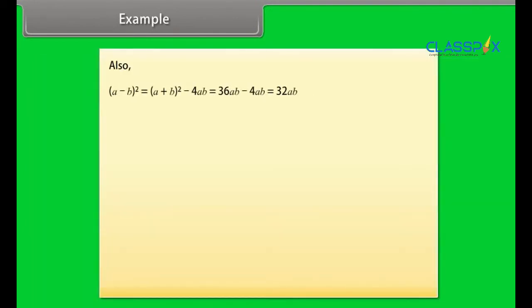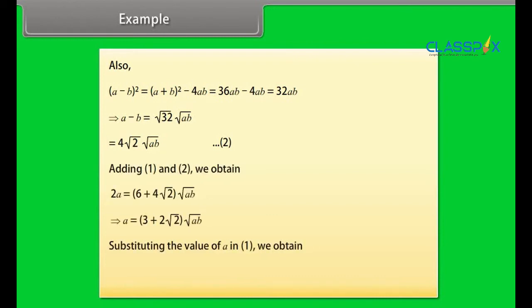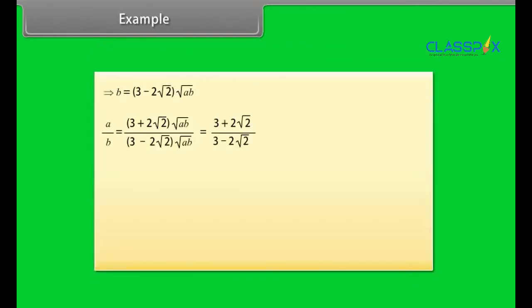Also, the square of A minus B can be written as A minus B equal to 4 into square root of 2 into square root of AB. Let it be equation 2. Adding 1 and 2 we obtain, substituting the value of A in equation 1, we obtain A by B is equal to 3 plus 2 root 2 divided by 3 minus 2 root 2. Thus, the required ratio is